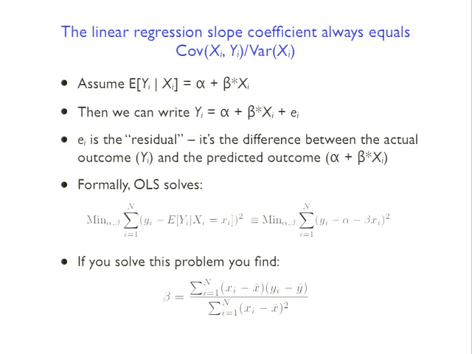So it's just like we do when we're trying to solve for the profit maximizing level of production or the socially efficient level of production, something like that. So that's where you get this formula for beta. And if you want to, you can go down that route. But you can also take what I've given you here, which is that yi is equal to alpha plus beta xi plus ei, and